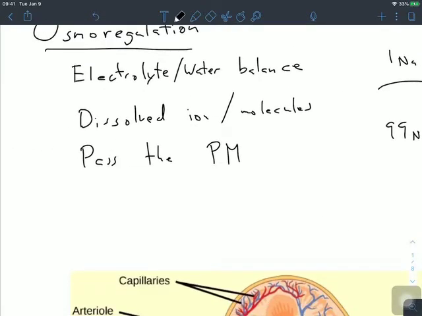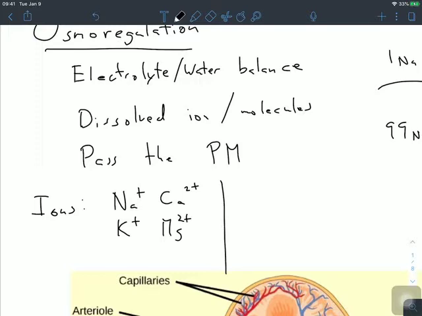The ions that we're going to talk about today are sodium with a positive charge, potassium with a positive charge, calcium with a 2 positive charge, and magnesium with a 2 positive charge. We also have several negative ions: chlorine with a single negative charge, carbonate, CO3 2 minus, HCO3 minus, bicarbonate. This, of course, is our